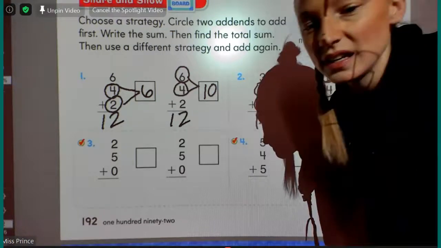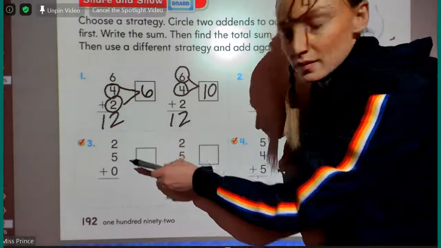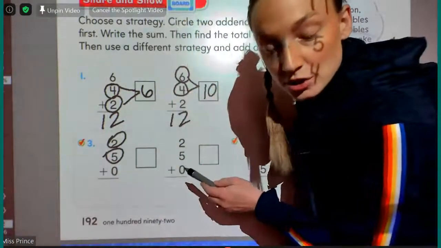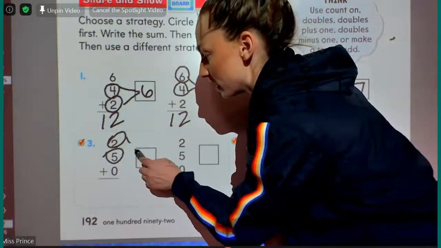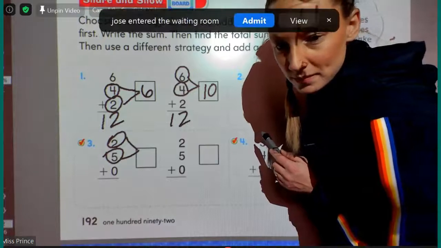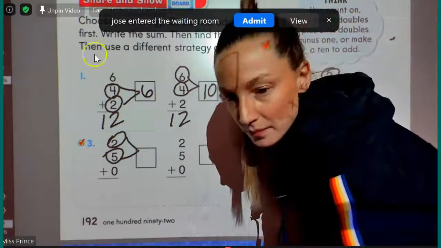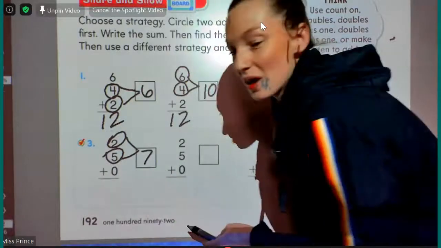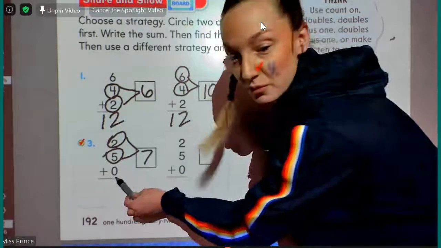You can choose any of the numbers. 5 and 2. 5 plus 2. Hey, that's a really good choice. What did we make here? 7. So now, Erin, all you have to do is 7 plus 0, which is